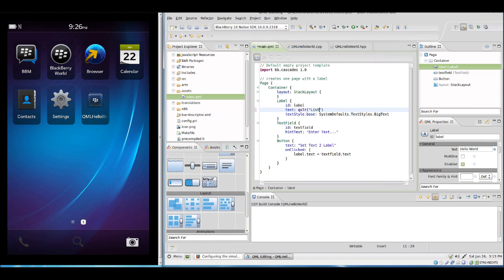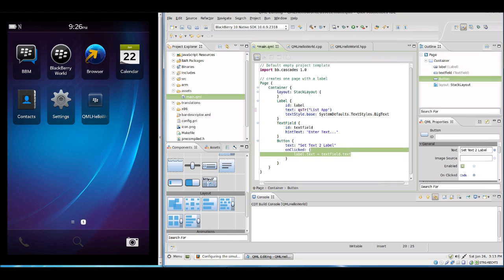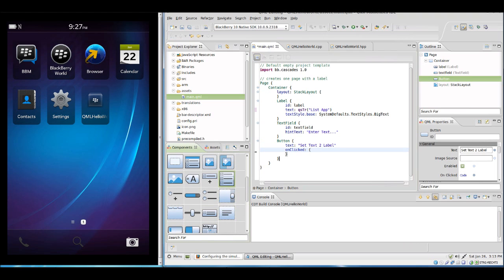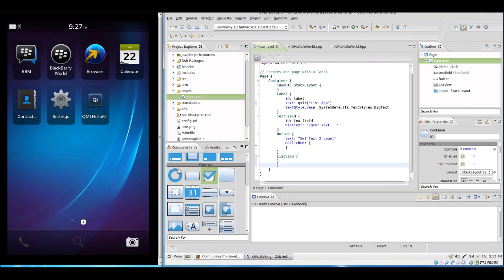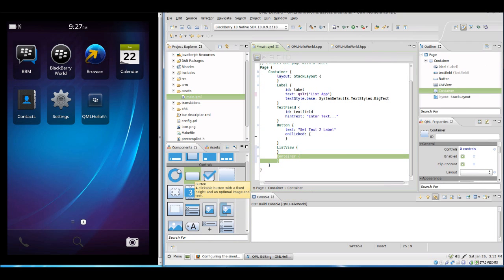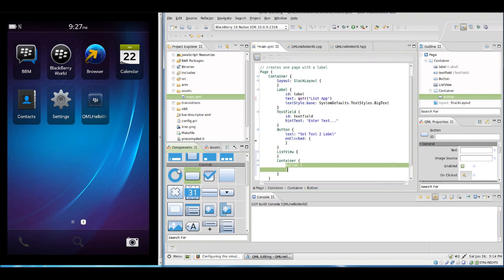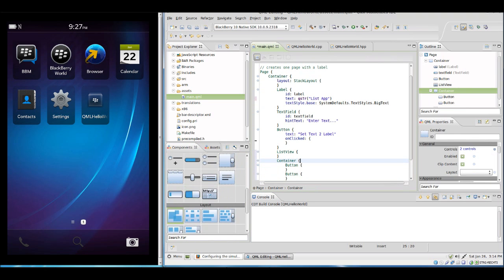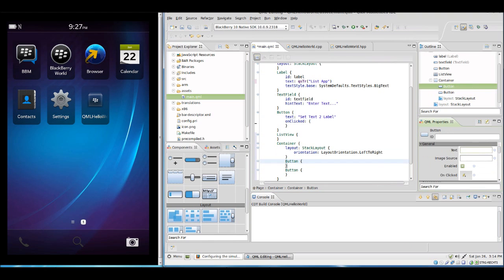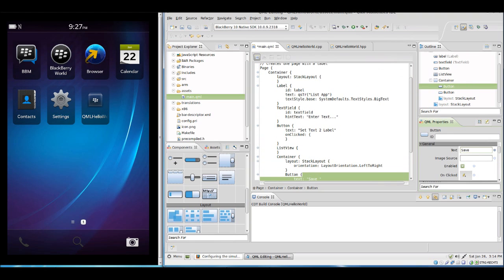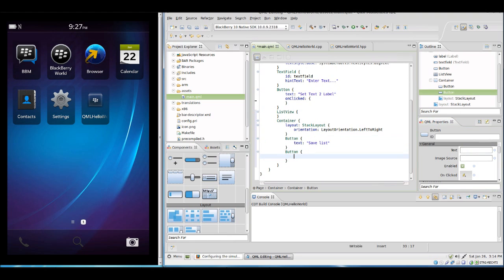For this application, first I'd like to rename it to list app, and we will not change the label anymore. And now I will add some needed new items, a list view, because we want to display things in a list this time, and add a container below it, and add in this container a few buttons. And I want this container also to have a layout, which is a stack layout, and that I now just give this save list and